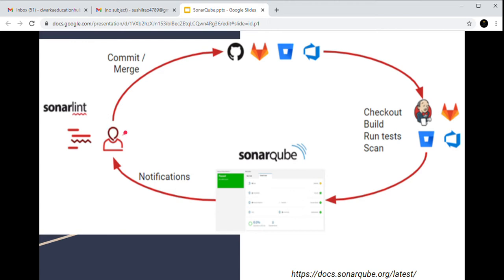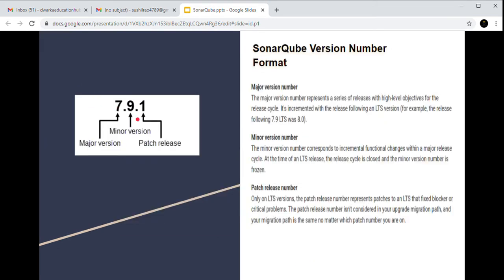The person you see here is a developer, and SonarLint is a plugin that the developer uses in the IDE so that basic indentation issues and bugs are identified by SonarLint already in the IDE. Most IDEs provide this functionality nowadays, so you can skip this part as well. It's not an issue.